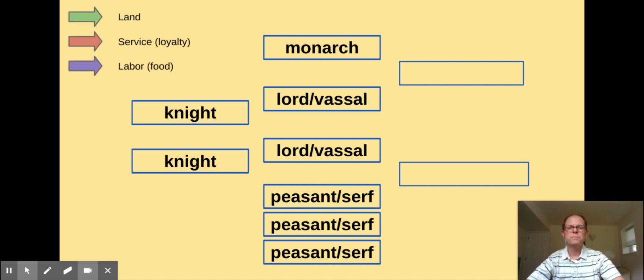Now, these people all are connected or related to one another basically through the land, which was the main resource here, through service and loyalty, which was often given in exchange for the land, and then finally for labor or making food in the case of the serfs at the bottom of the social structure. So, of course, we talked a little bit about how land was divided and given in these things called fiefs,